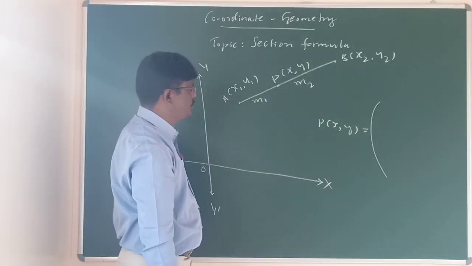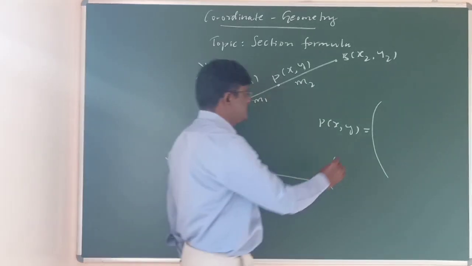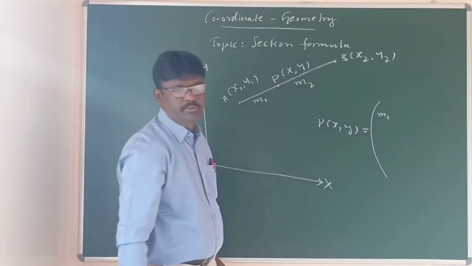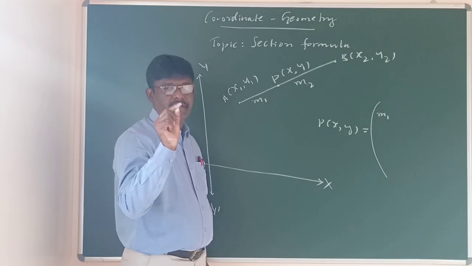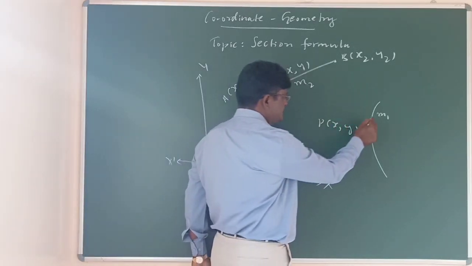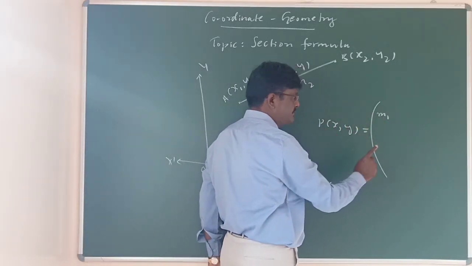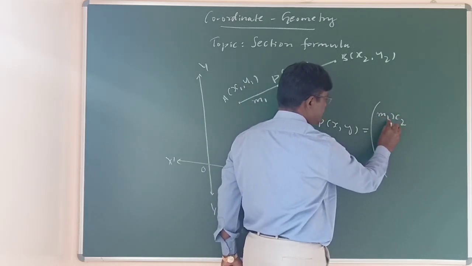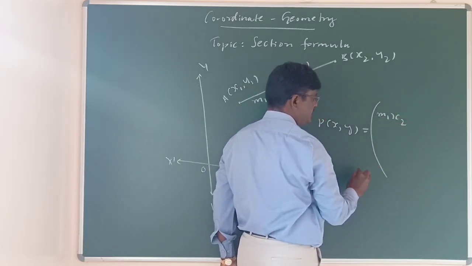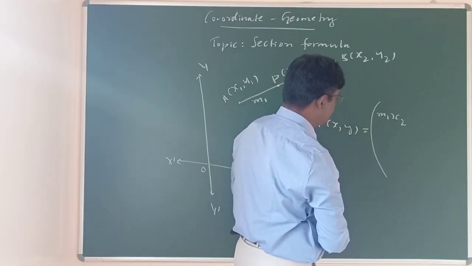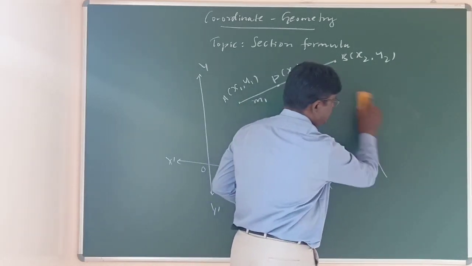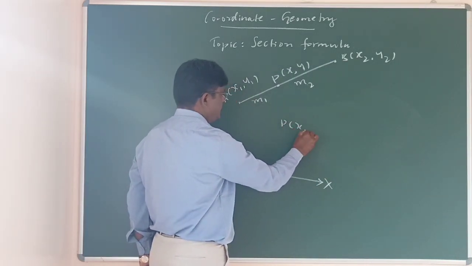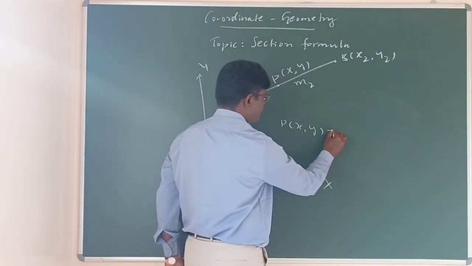How to get the x component? Just start from m1. It is very easy to remember: just keep m1 in memory, it's enough. When it starts with m1, next it is x2. I think the space is not enough, so I will write here P(x, y) equal to